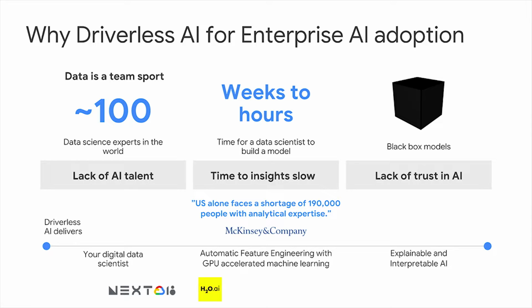The second problem is time. It takes a lot of time to build models and train them effectively, and even with all the advances that have happened on the hardware side, you don't have the software to take advantage of it. And finally, even once you build a good model, these models often don't go to production because the business users don't trust them. The enterprises and the regulators are afraid of black box models. There is an inherent lack of trust in AI.